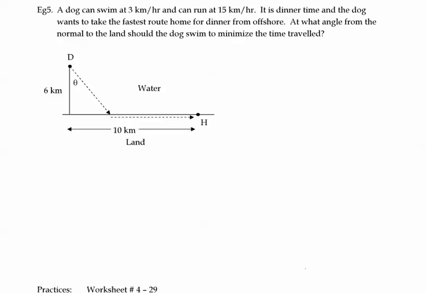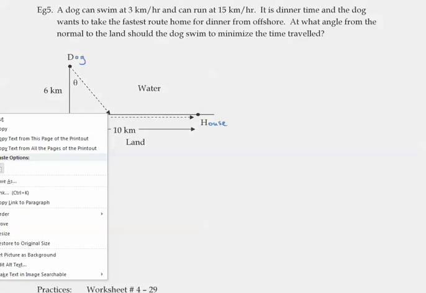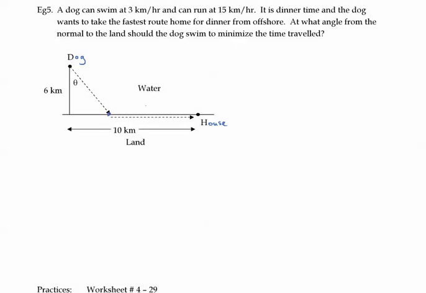A dog can swim at 3 km per hour and run at 15 km per hour. It is dinner time and the dog wants to take the fastest route home for dinner from offshore. So here is the dog somewhere out there swimming, and then here is the house. And this dog is to swim to a point somewhere on the shore and then run from here to there